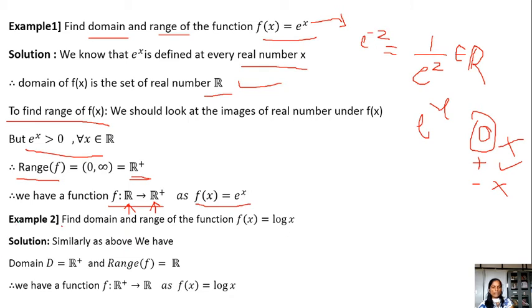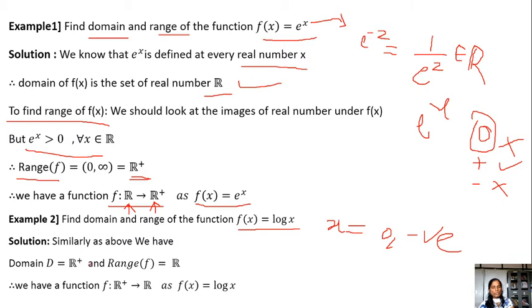Similarly, see the second example. Find the range and domain of the function f of x equal to log x. To find the domain means you have to find x for which this function exists, means you have to find x for which logarithm x exists. So we know that for x equal to 0 and x negative, you cannot define logarithm. So log x exists only for positive real numbers. So the domain D is